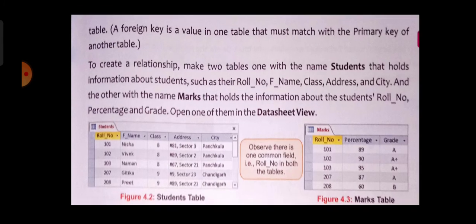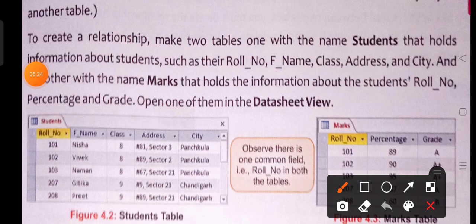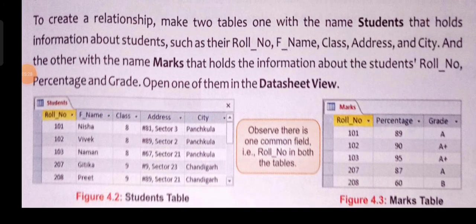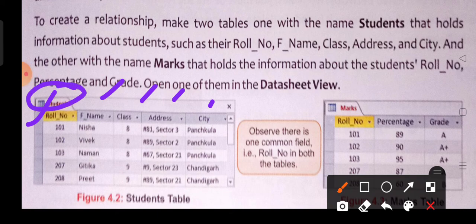Like you all can see these two tables here. In the first table we have the fields roll number, father's name, class, address and city. And in the second table, this is the list of students, and this table is marks.